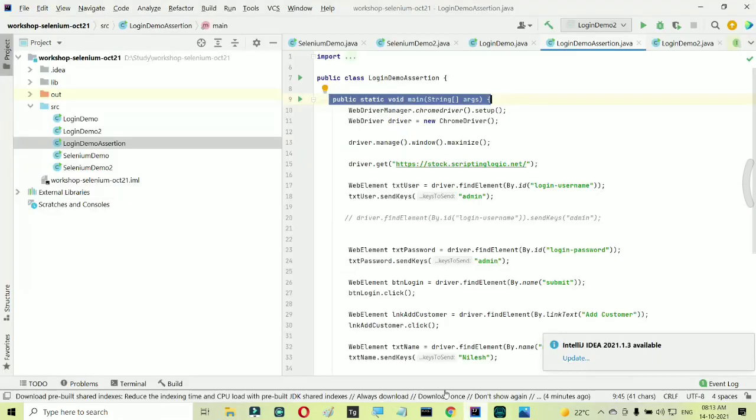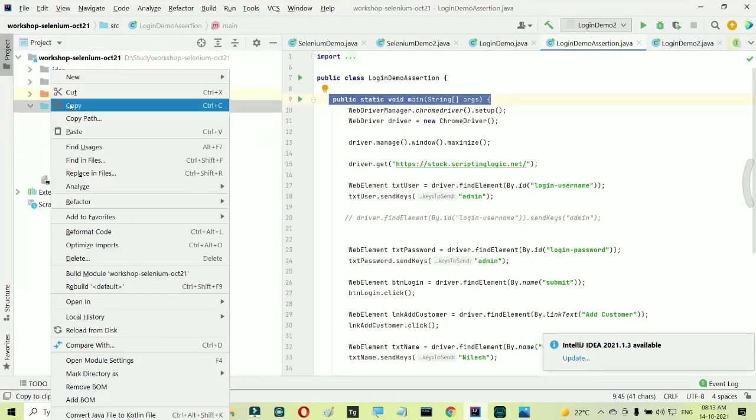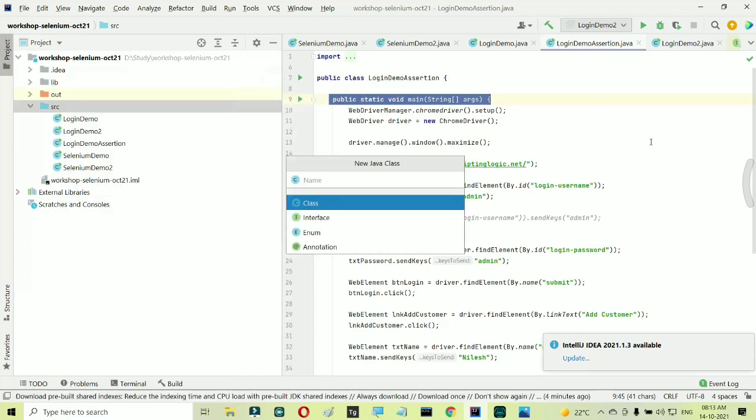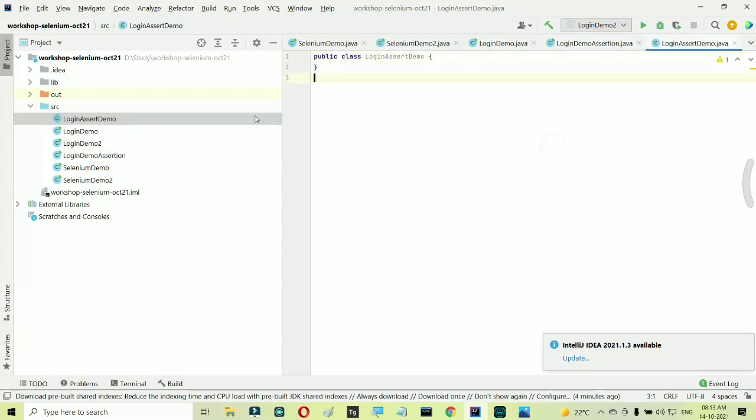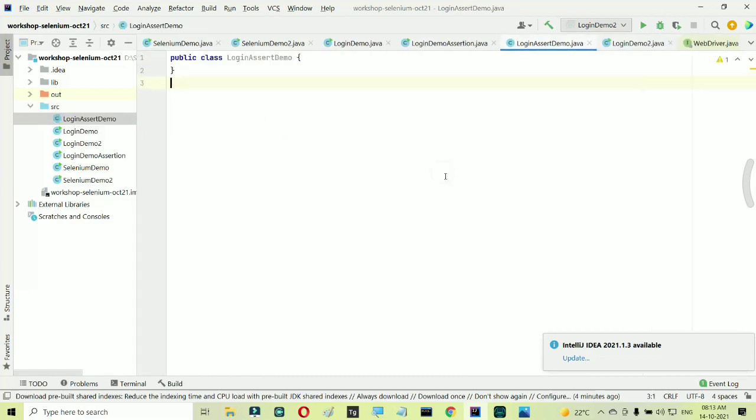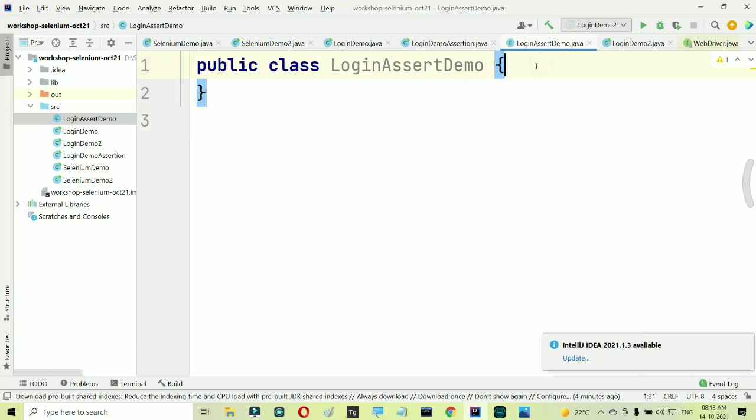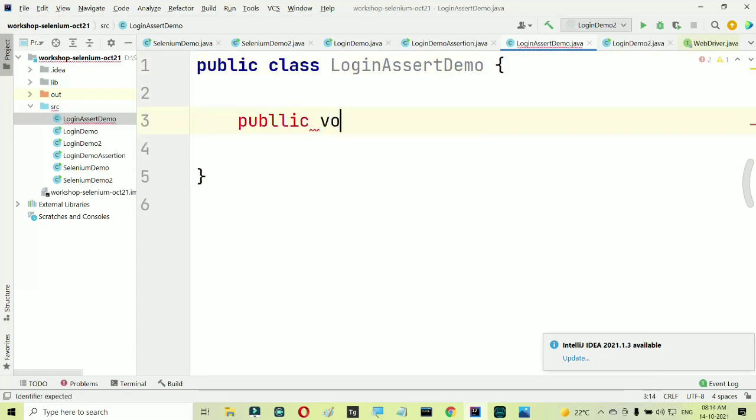So what I'll do is I will just create a fresh new test. So let's say login assert demo. Here I will not create a main method, I will create a normal function. So I will write here public void, let's say login test 1.